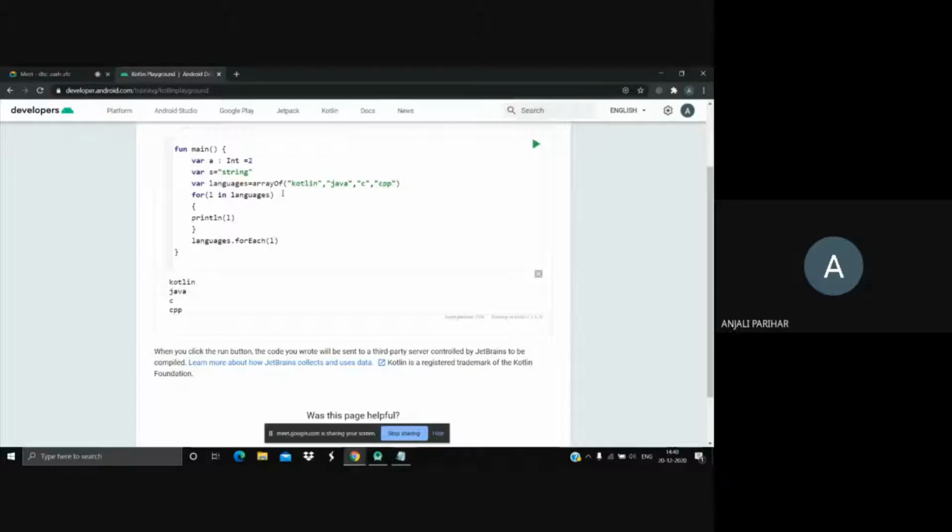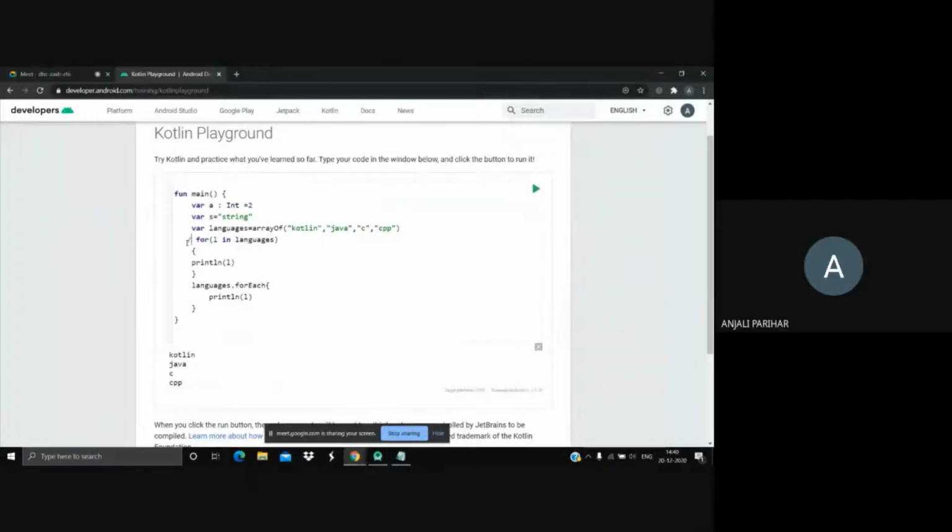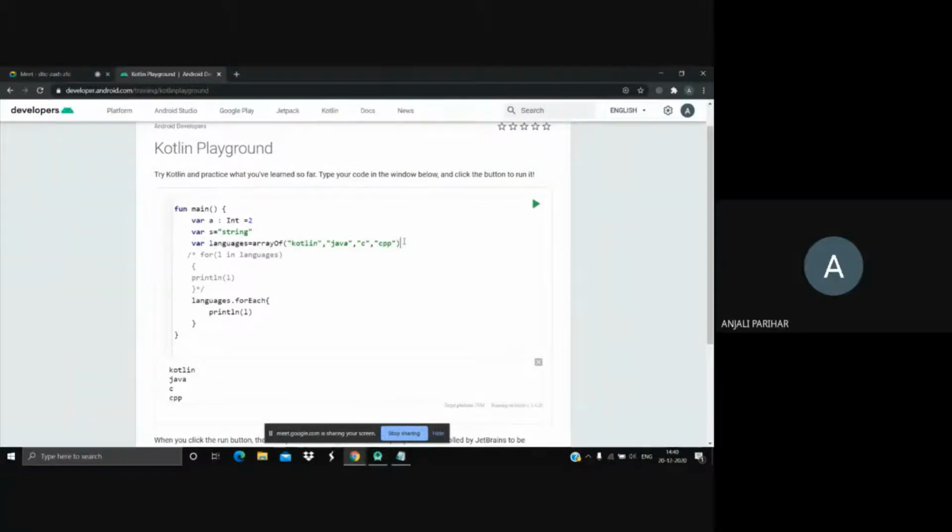What I want here is, okay, so this is an empty function. I want this to be done here. Print. Okay. This is another way of doing the same thing. So I'm commenting this part. This is how we comment in Kotlin. Okay. So there's one more thing. This is a single line comment. Single line comment. And when I want a whole block to get commented, I'll use this syntax. Okay.